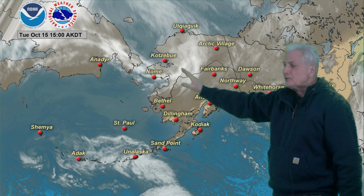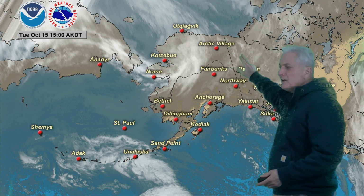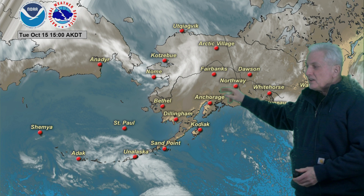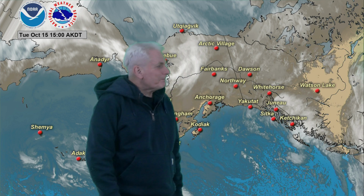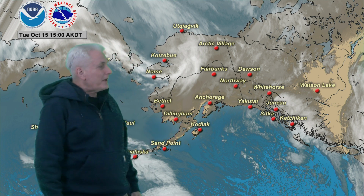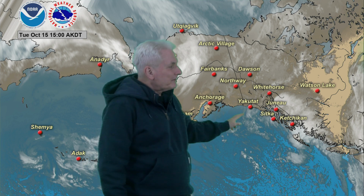Clouds on the increase in the central interior. Otherwise, some scattered snow activity here, especially along this band of cloudiness near and just to the east of Fairbanks, extending northeastward toward the Mackenzie River Delta. And mostly sunny skies. You can see here south central Alaska down to Kodiak Island into Bristol Bay, and even some clearing over the Copper River Basin to a certain extent,